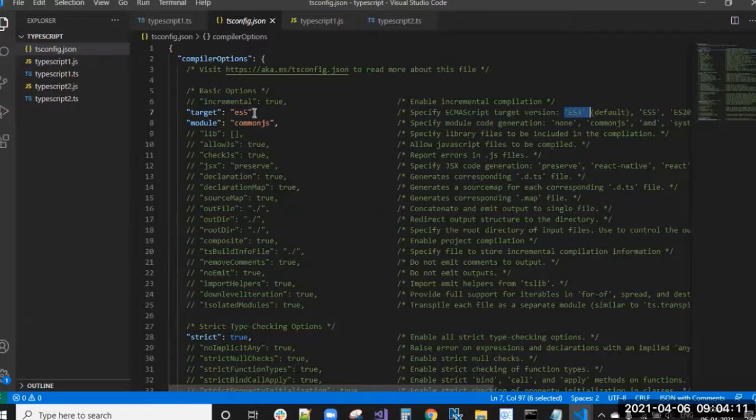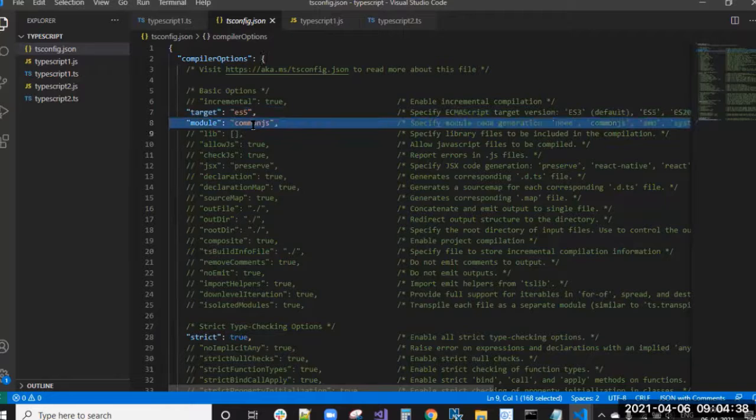Because of that, you need to give the target at a higher level, like ES5, so that it supports all the new features you write in TypeScript, like interfaces and modules.